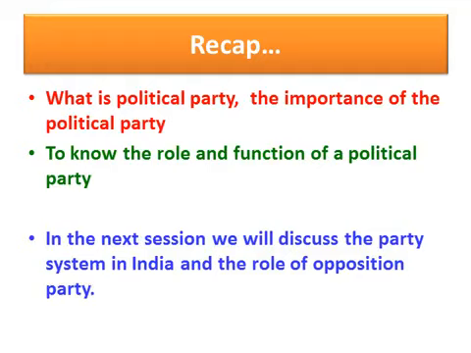There are 3 types of party systems. They are single party system, bi-party system, and multi-party system. A single party system is a system in which a single political party has a right to form the government. It exists in communist countries such as China, North Korea, and Cuba. A biparty system is one in which the power is shared between 2 parties. One becomes the ruling party and the other becomes the opposition. You can see such system in the United Kingdom as well as in USA.